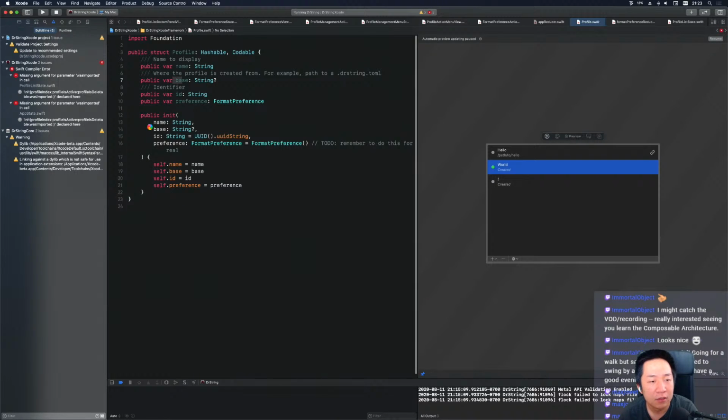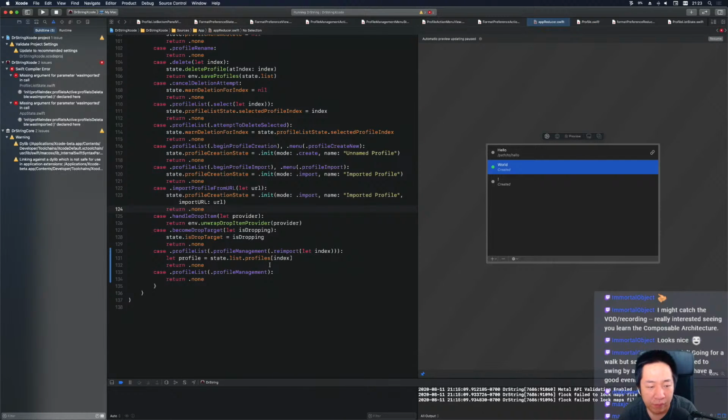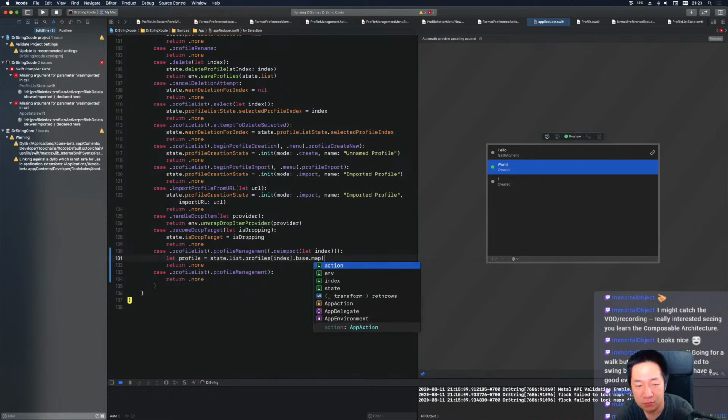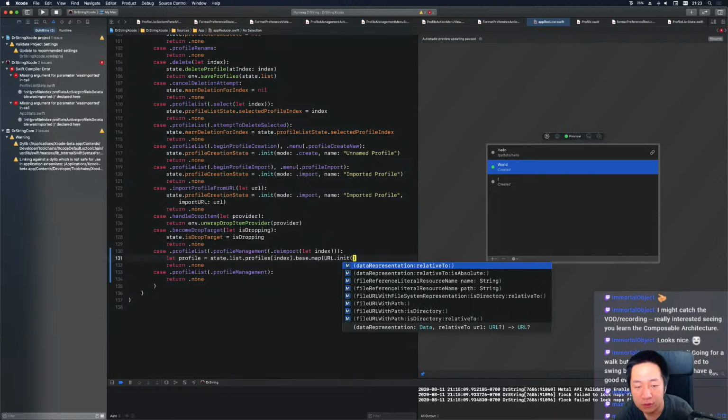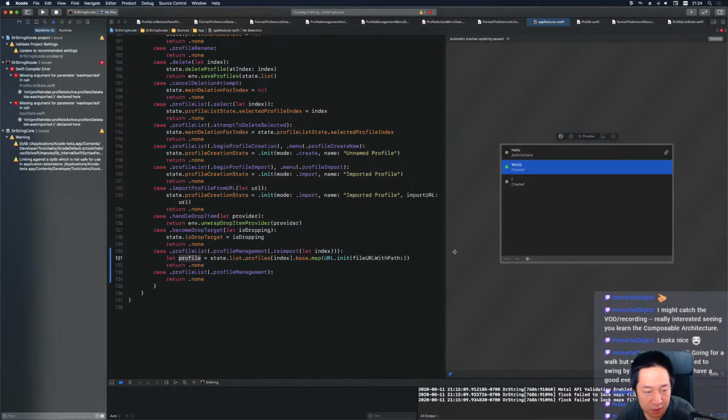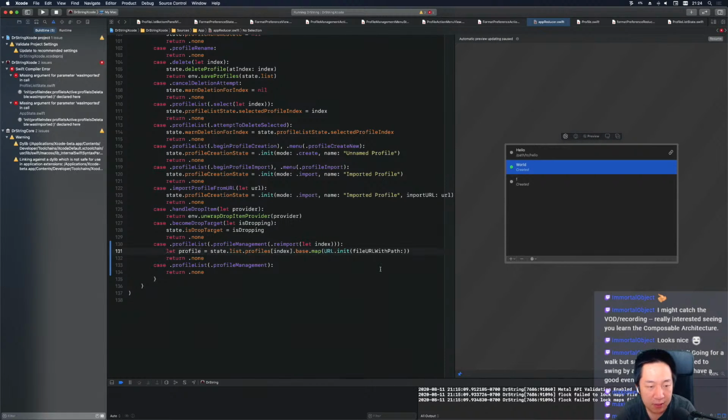Give me the string, please. Now it's an optional string, okay. Oh, I see. Map this to URL init. Before, I had a question mark. Okay, so now this is the URL, and it's an optional URL, but that's not a big deal. I can just take